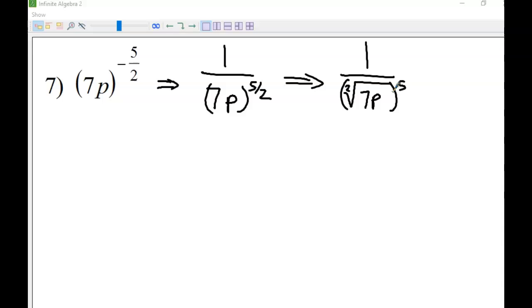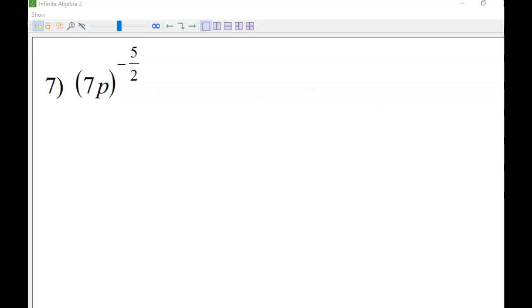So the difference there is watch out for those negative exponents. They move things to the denominator. That's what they do. They make reciprocals. All right,